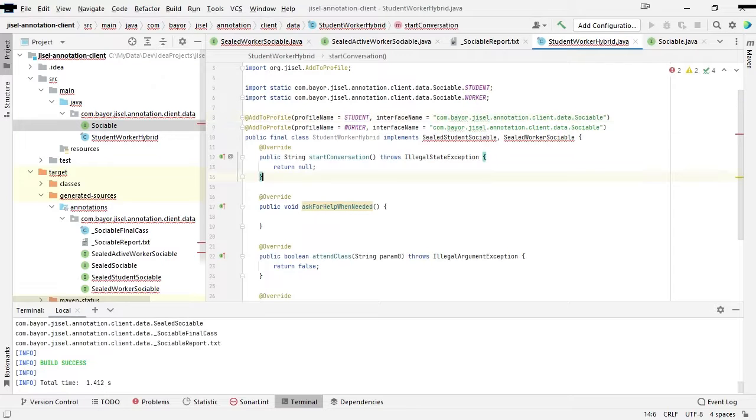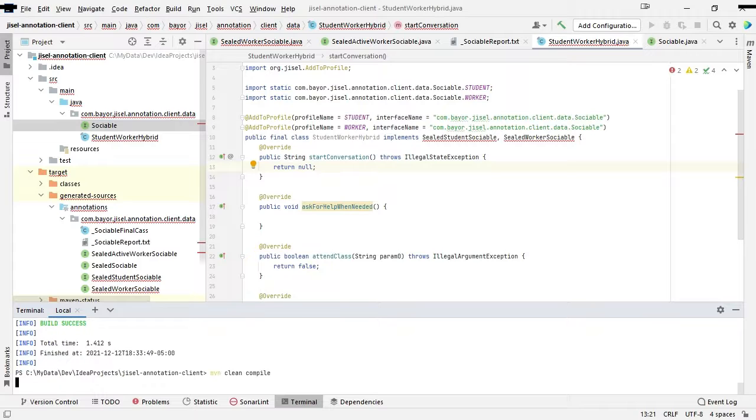Yeah, and here we go. So now we added both profiles to our class definition through this annotation, only to tell our library that this class should be added to the permit list of each one of the sealed interfaces it's trying to implement here. As you can see, we still have a compilation error, so all we have to do now is to run another compilation, same as we did, maven clean compile, and let's see what happened.